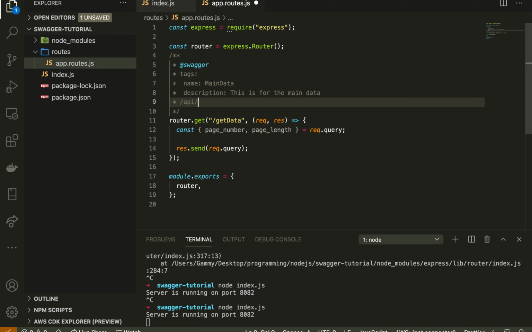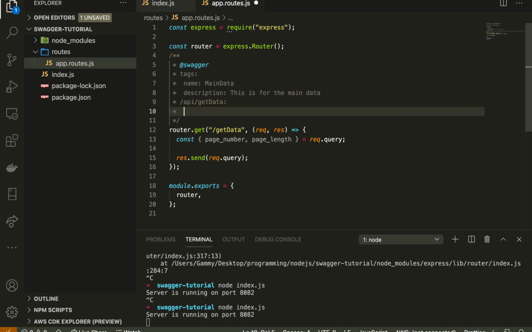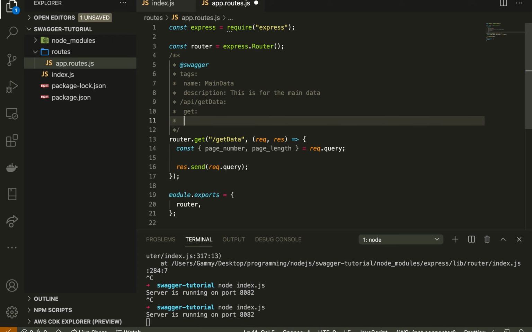So API get data is the route for this thing, and it's a get method, and tags is main data,